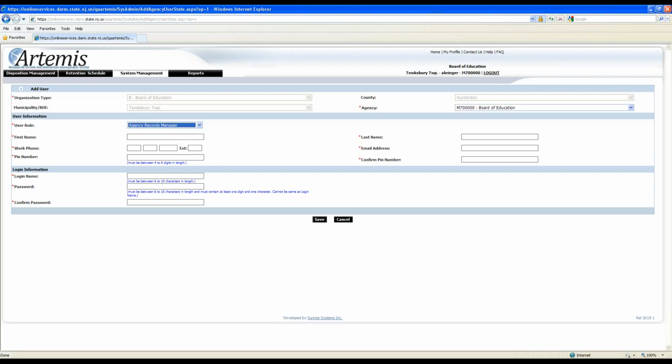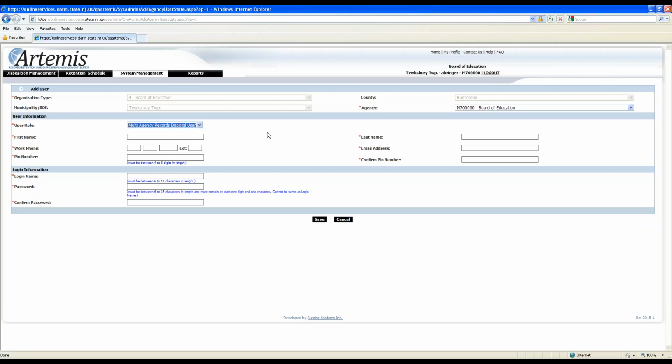Typically, you might have at the Board of Ed level, the actual records manager set up, the BA set up. You might even have an IT person set up as a records manager. So again, I'm not going to go through all these fields and enter a records manager here, but I just wanted to let you know that you should have at least one other records manager set up. The other role you have here is what we call a multi-agency records disposal user, and these are your regular users.